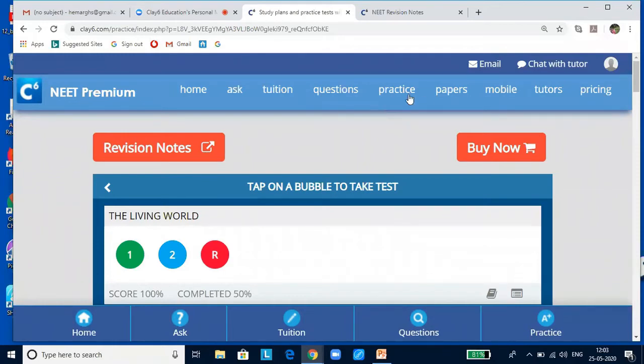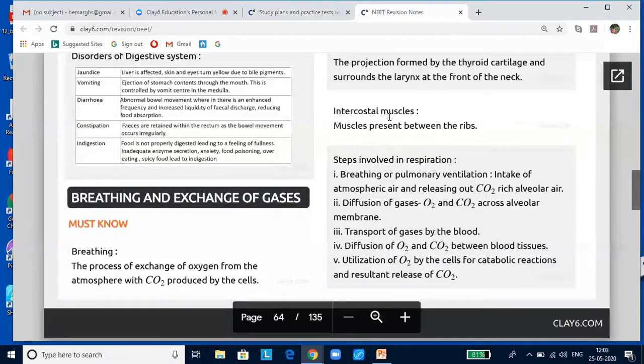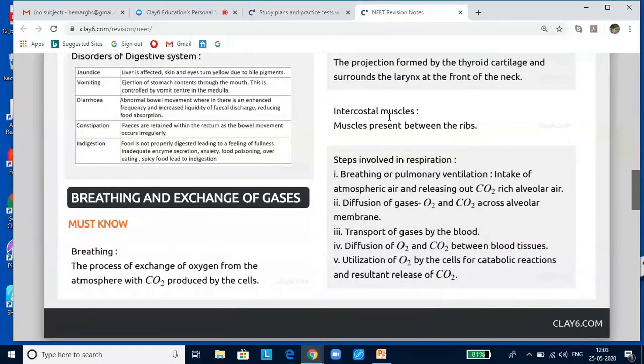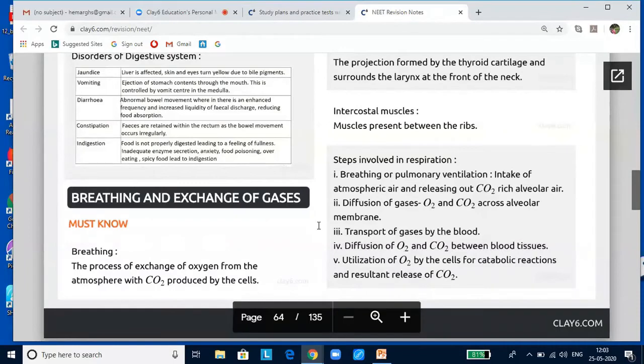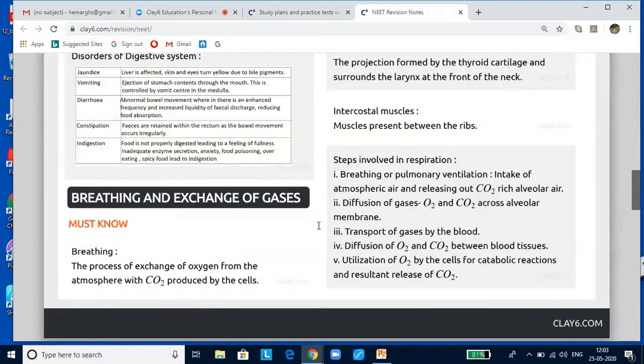Now, as I said, when you click on this button, it opens into the revision notes. And these revision notes are framed in such a way that you are able to get everything in a jiffy, so that you are able to prepare and revise in the last minute very easily. And all the key points have been captured either in the form of tables or some graphic organizers, with key definitions and key formulas. And I would suggest that this would be an ideal package for you to add as an asset for your preparation.